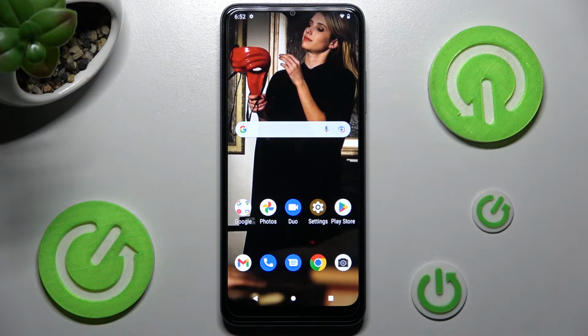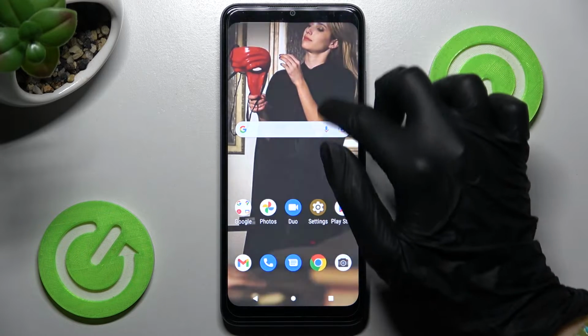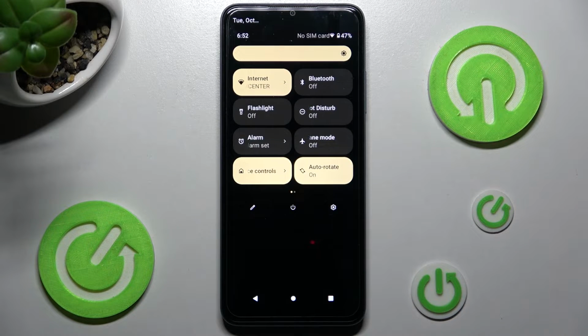You need to begin by accessing Tab menu. After that, look for auto rotate icon and when you find it, click on it. As you can see, mine is gray. That means that automatic screen rotation is disabled, but you can always enable it by clicking on the same shortcut